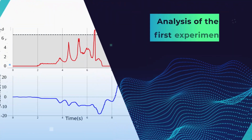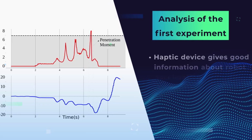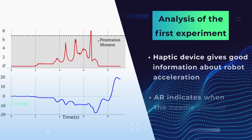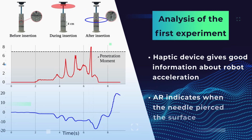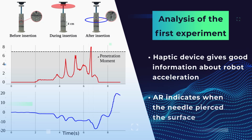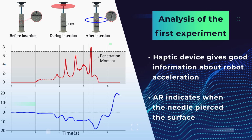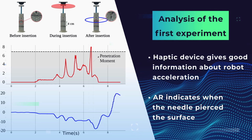In the first hypothesis, we assume that haptic feedback facilitates motion stopping for cases when a robot rapidly changes its speed during contact with a surface. We discovered that a haptic device indeed gives good information about robot acceleration during the penetration experiment. So once the needle pierces the surface, the haptic feedback allows us to hold back the robot immediately, while AR